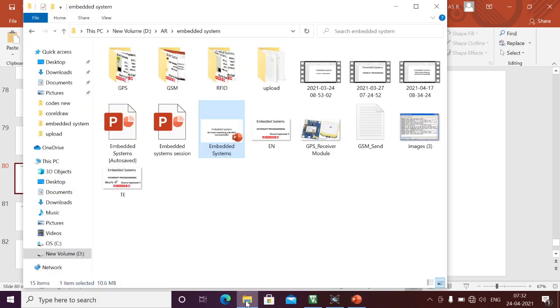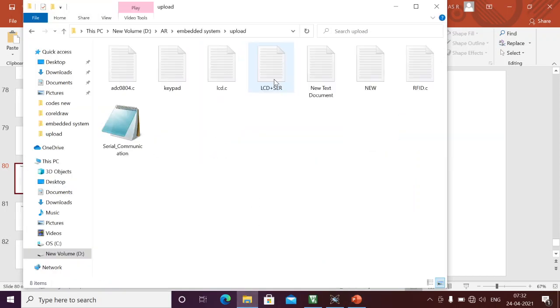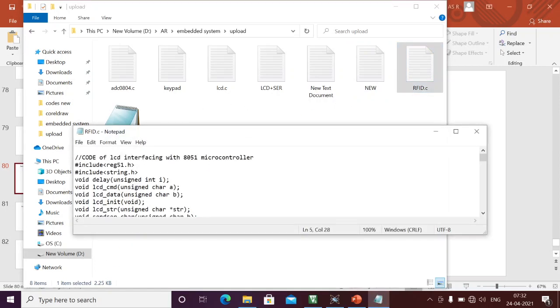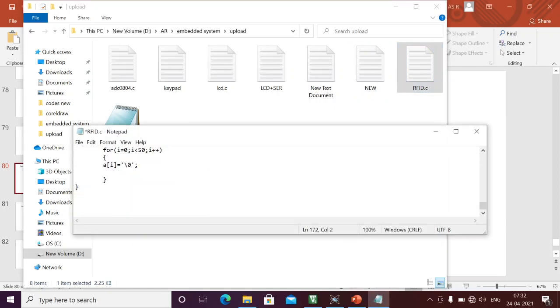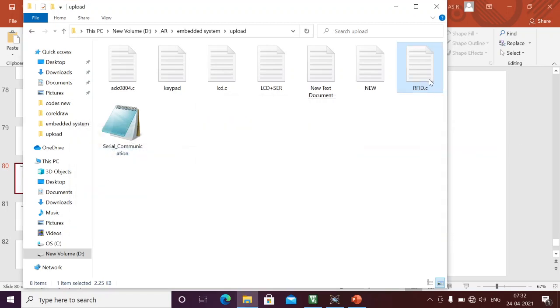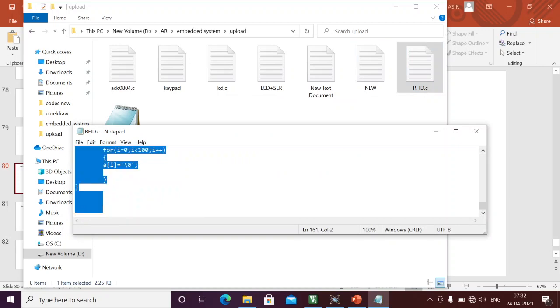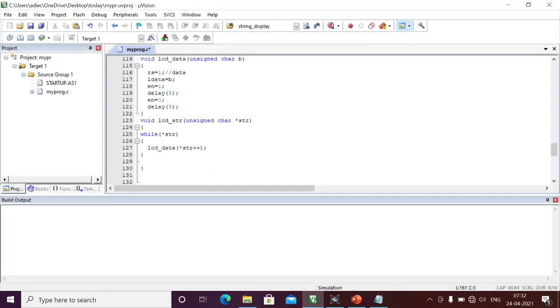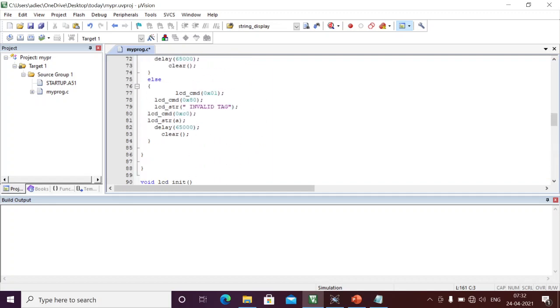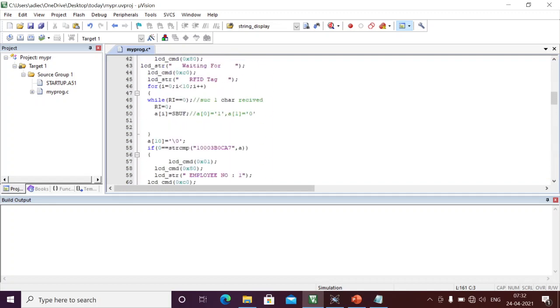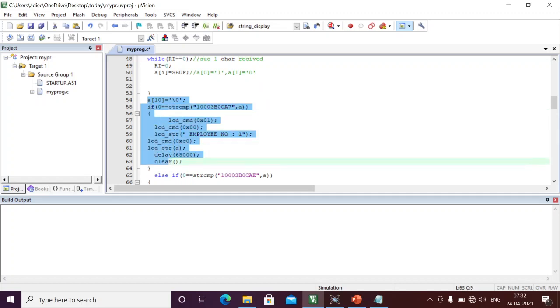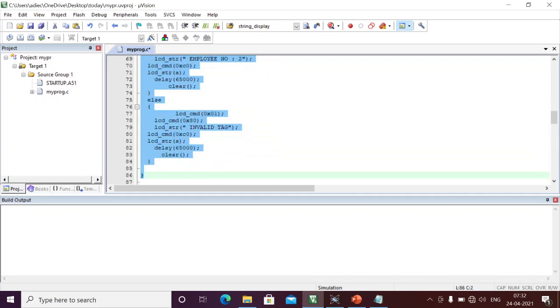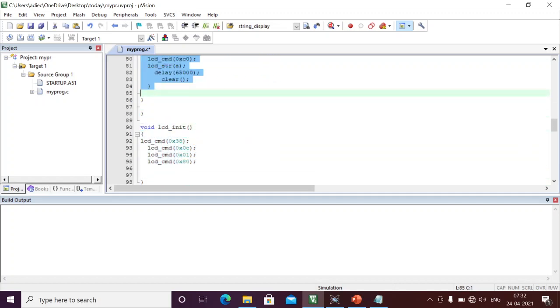For example, in the previous session we already wrote the RFID program. We already discussed that, and that video is also already uploaded. Here I'm going to take only that programming and extend it from the RFID. I just took the RFID main program, and I'm going to delete all the other things. This comparison, employee number one, employee number two, I am going to remove completely now.